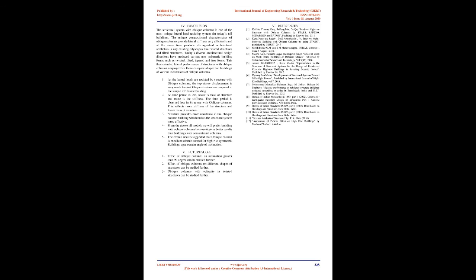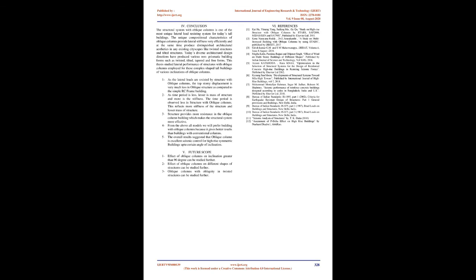4. Conclusion. The structural system with oblique columns is one of the most unique lateral load resisting systems for today's tall buildings. The unique compositional characteristics of oblique columns provide lateral stiffness very efficiently and at the same time produce distinguished architectural aesthetics in any existing cityscape, like twisted structures and tilted structures. Today's diverse architectural design directions have produced various non-prismatic building forms such as twisted, tilted, tapered, and free forms. This thesis studied the lateral performance of structures with oblique columns employed for these complex-shaped tall buildings, with various inclinations of